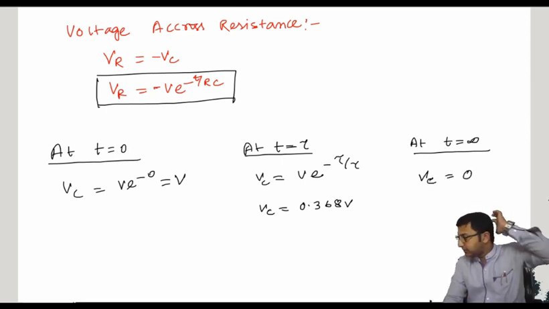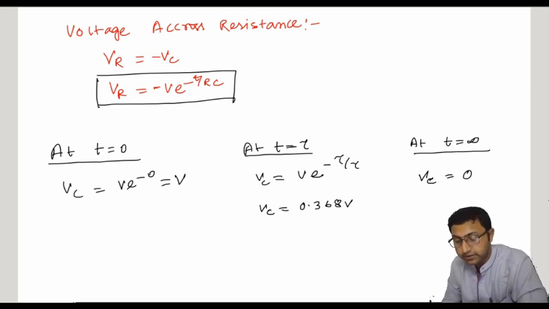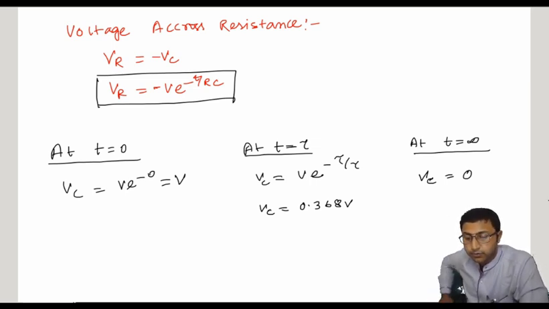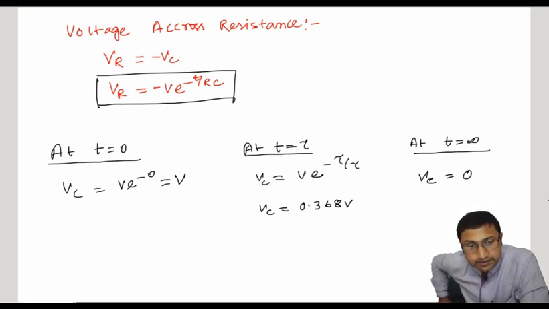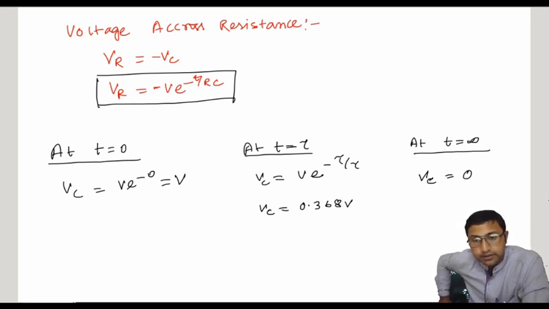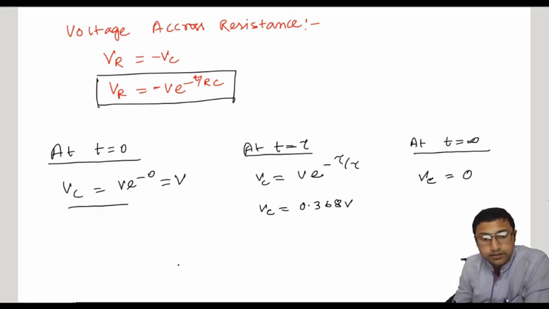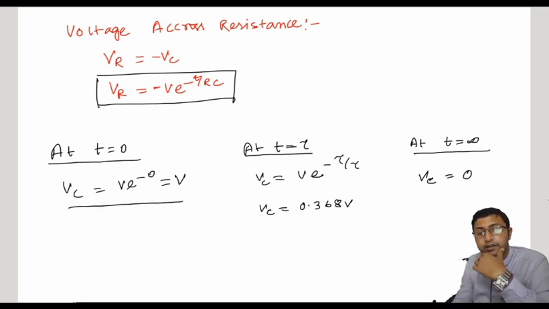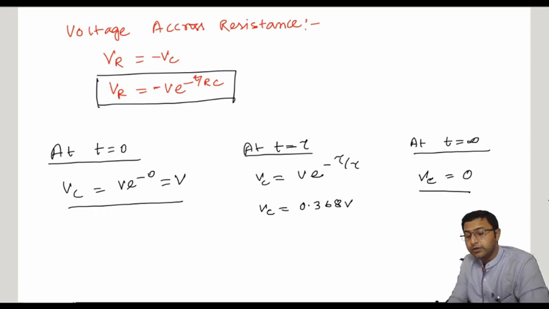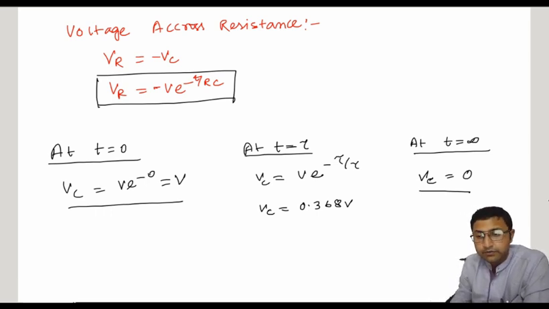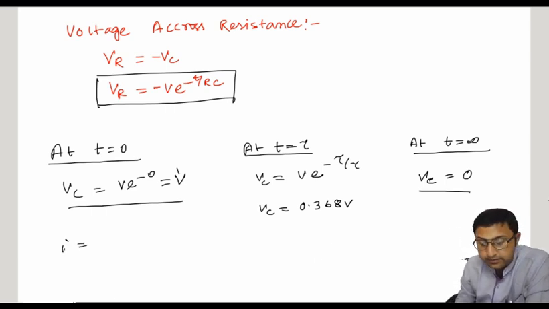From the equation of Vc in case of switch off, the source-free condition, that means the capacitor voltage starts decreasing from the charged value of the source voltage V, and finally it becomes 0. It will start from the supply voltage V, and finally reach the steady state value of 0 volt. Similarly for current, at t equal to 0 the current is minus